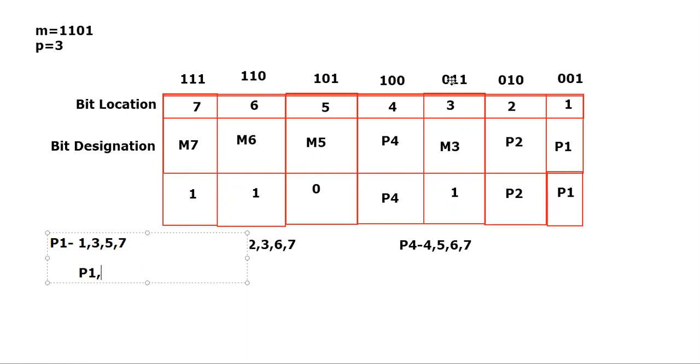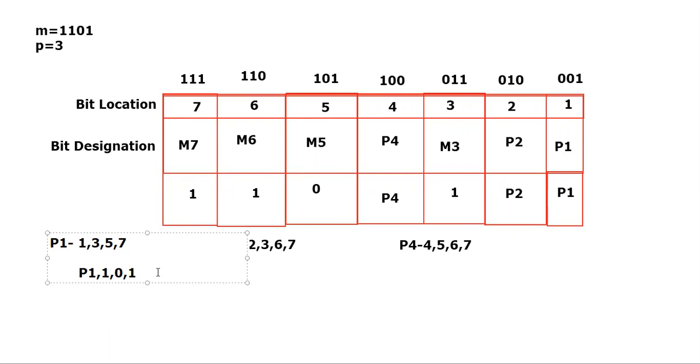And what about 3? The value that we have is 1. And in 5, what is the value that we have? It is 0. At 7, we have the value as 1. So this is what we have: P1, 1, 0 and 1. 3 has 1, 5 has 0 and 7 has 1. This is what you can get from the table.